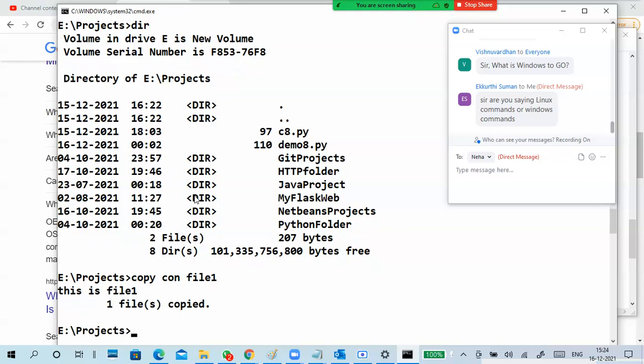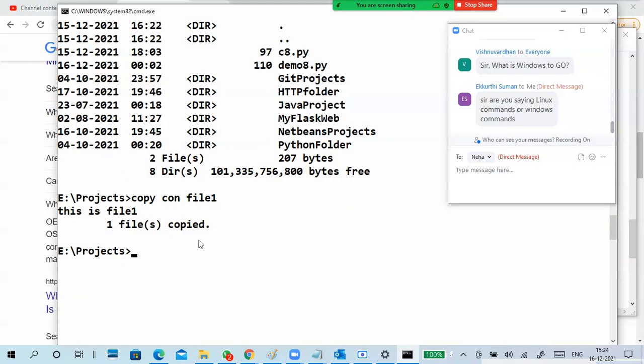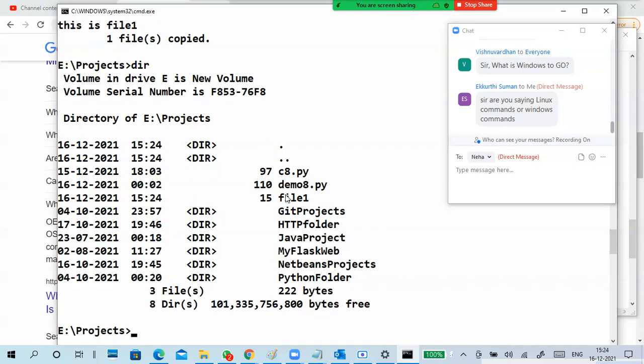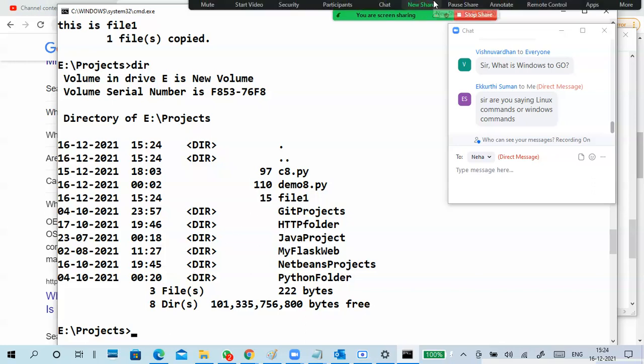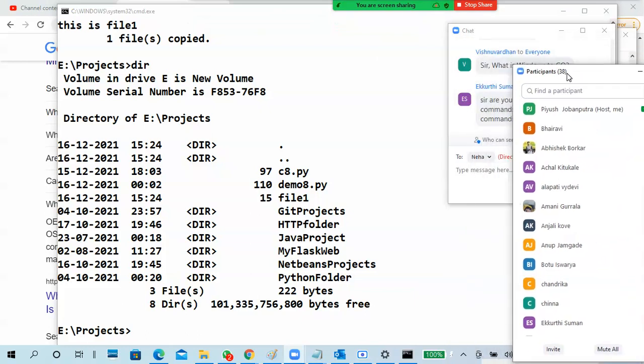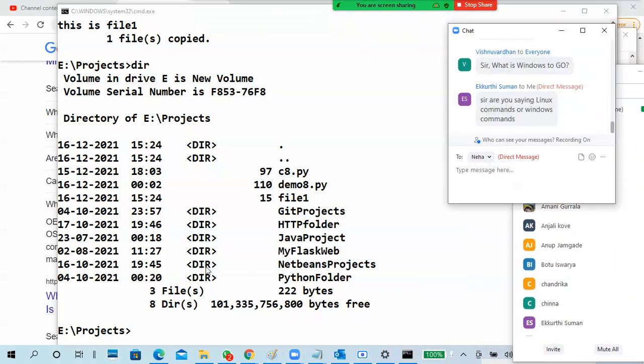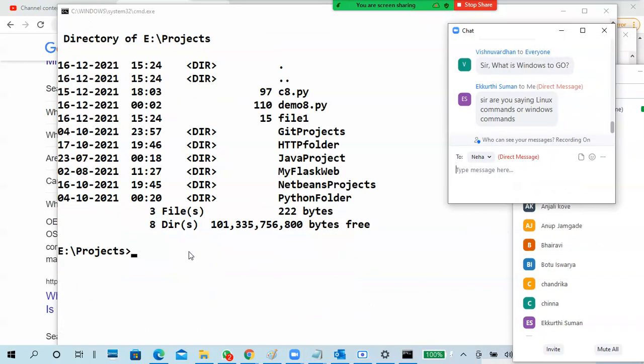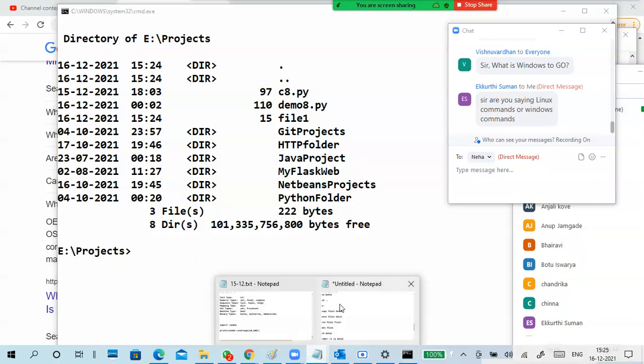Control C. I created a file. So you want to see it, this is file 1. So these are some basic commands.